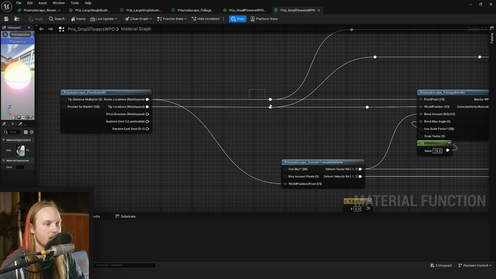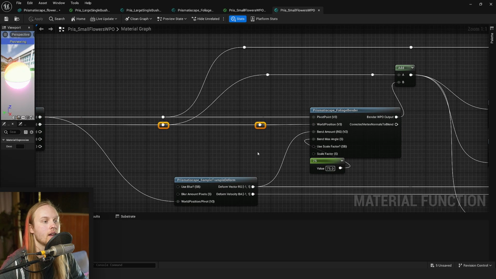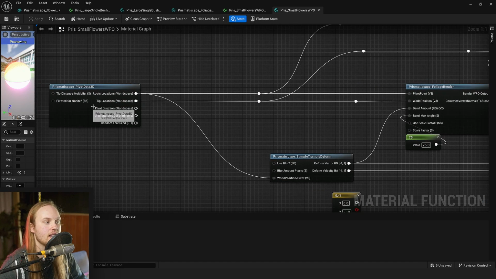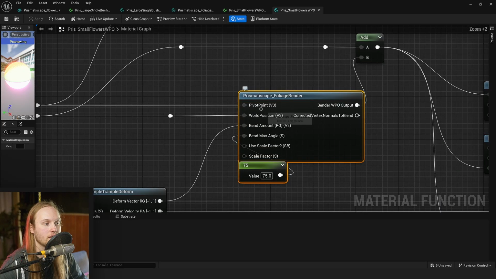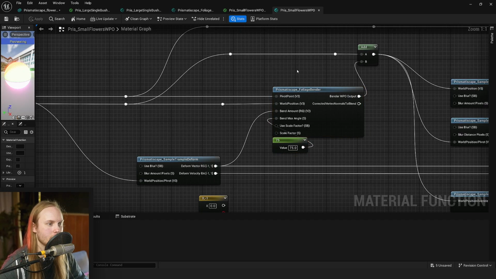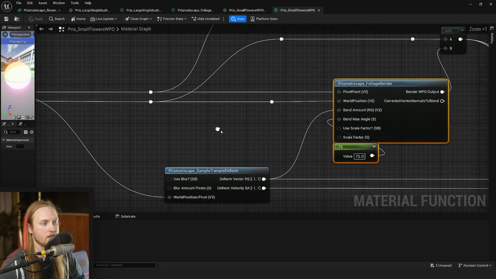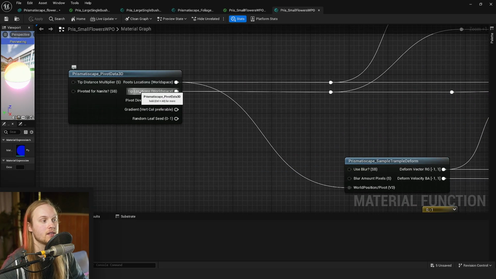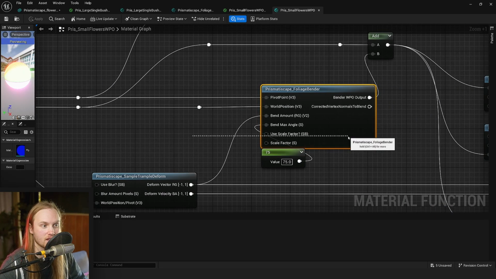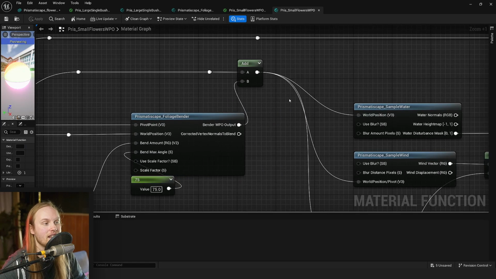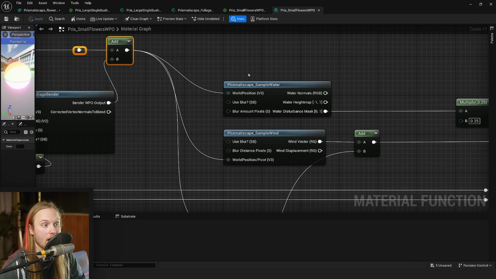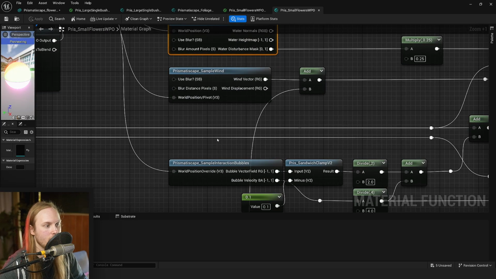We've got our roots here, we've got our tips here, but we are rotating the tips around the pivot. So in this case, rather than just adding the actual WPO, we're actually just rotating the tip locations themselves. And then that is then our new tip location where we then sample the wind and the water and the